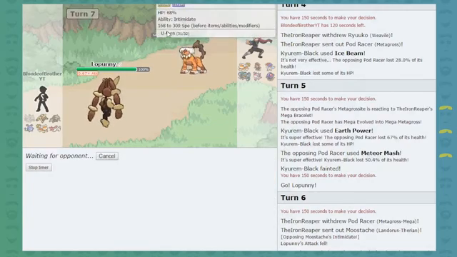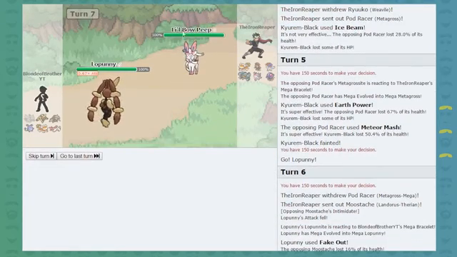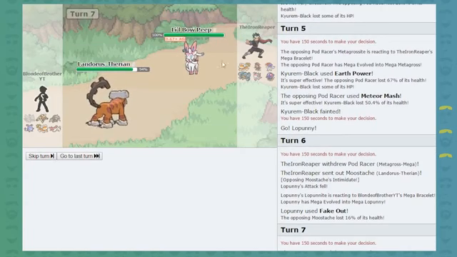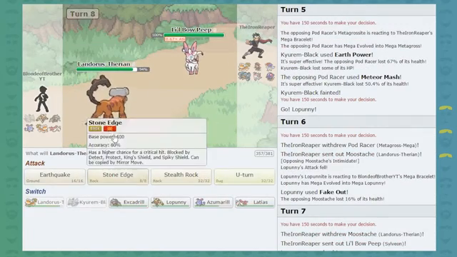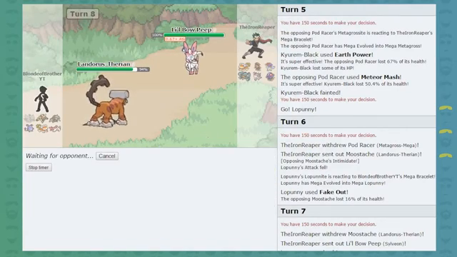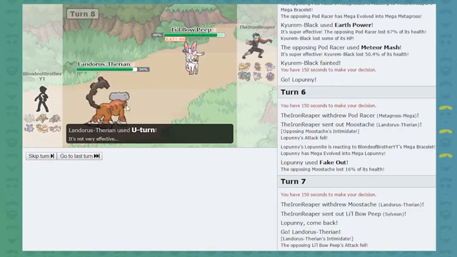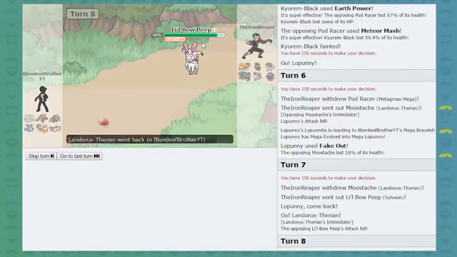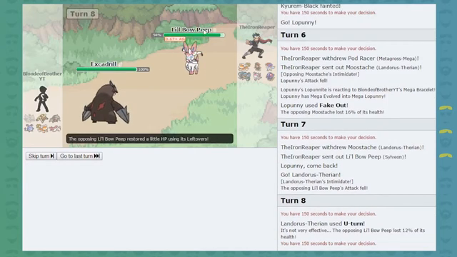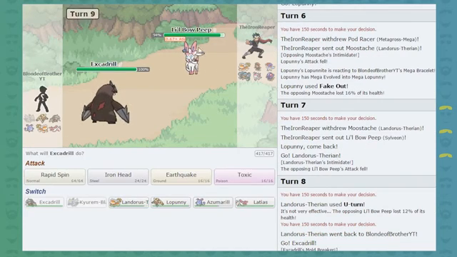And then we are going to go into our own Landorus, because... Ooh, okay. So he's going to go into his Little Bo Peep here. We have the counter of all counters in Excadrill, so I'm not worried. So we're going to U-turn out into our Excadrill and get some momentum. He is Wish, so I'm assuming that Wish is going to his Metagross. Or it also could go to his...